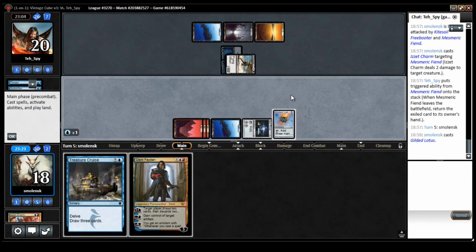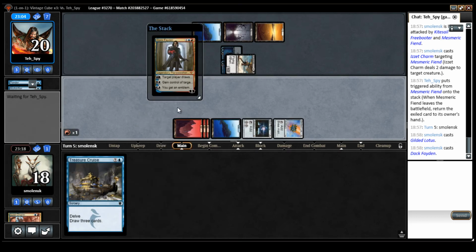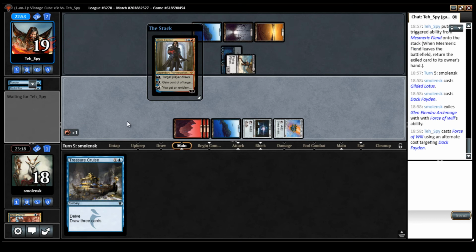Cast Gilded Lotus and cast a Dark Fade. I'm gonna loot here even though I don't really want to discard anything, because this helps me make Treasure Cruise cheaper. I already have Force of Will. Okay,